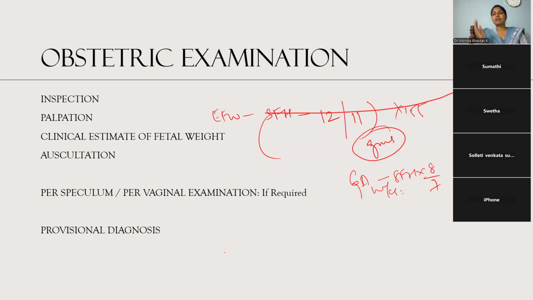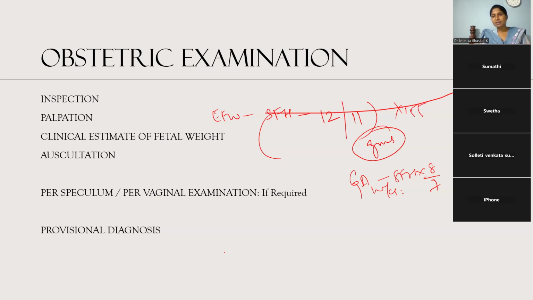So if the fetal spine is on the right side, it will be heard on the right spino-umbilical plane. If the fetus is left side, we will be hearing about the left spino-umbilical plane. And then if she is complaining of leaking PV or bleeding PV or abnormal discharge, we have